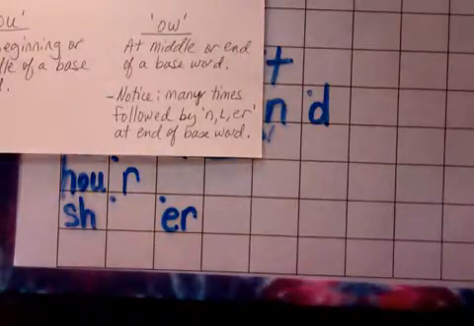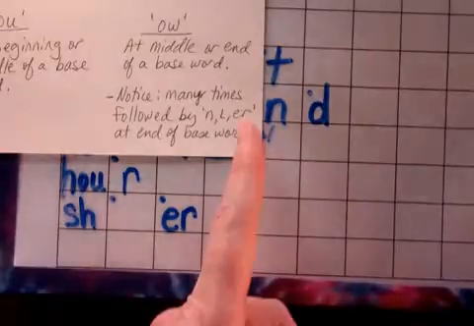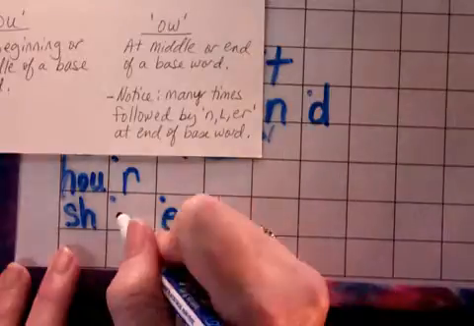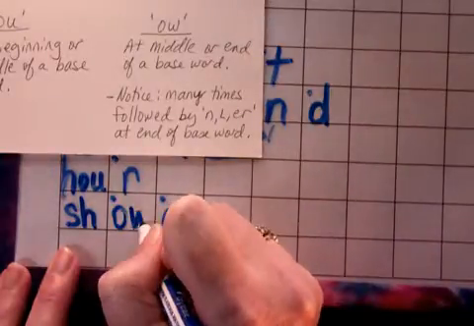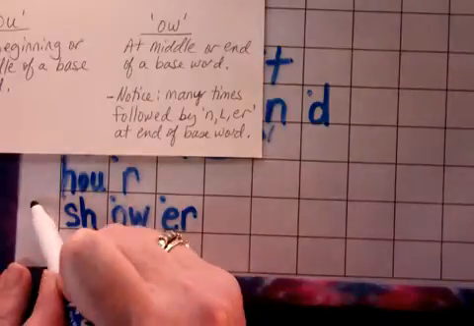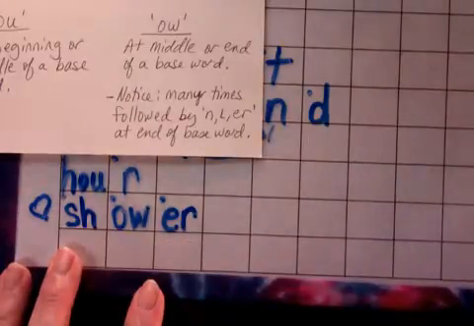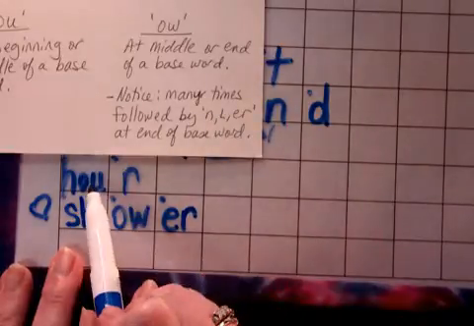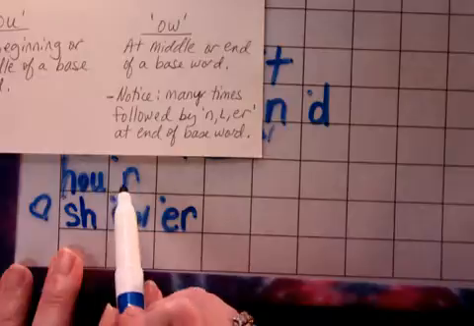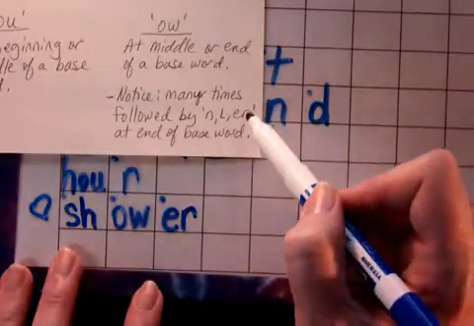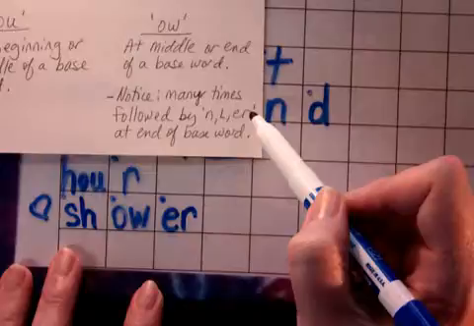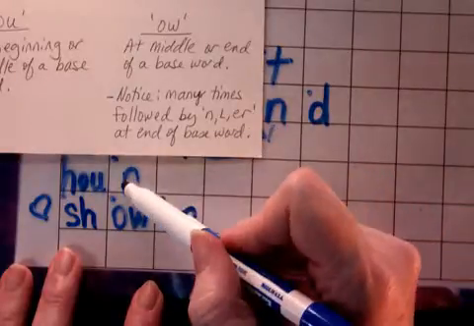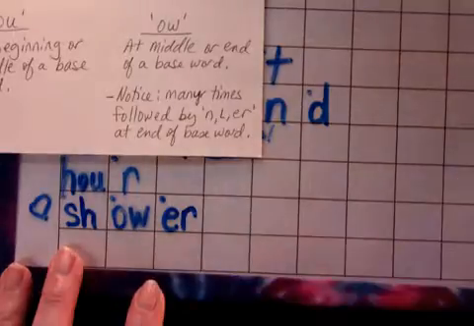The ow can be spelled with an OW, especially when it's followed by an N, L, or ER. So that's true for this one. OW. If you want to put a heart or a star reminding you that that's part of one of the exceptions. Now this had ow before an R, but it's not an ER. That's the difference. Shower has an ER. Hour is just the R, the consonant R.